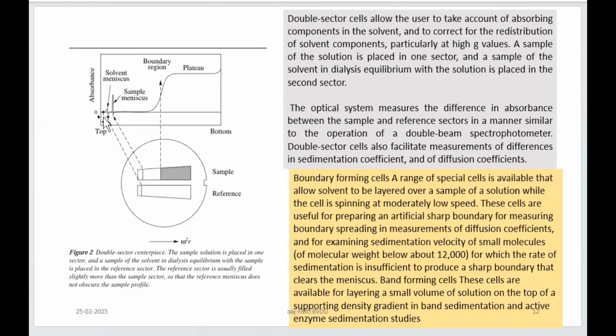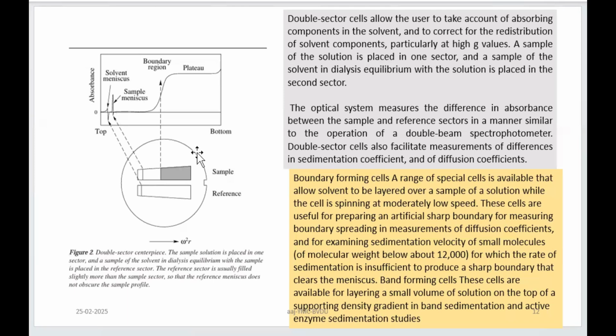So your sample is there in the solvent, right? As you see here, there are two peaks. One is the solvent peak and another is the sample peak. This is the window from which you are going to collect this data, and such graphs are going to get generated. And then at the boundary region, what you see is this kind of exponential rise first and then plateauing. So this kind of initial graphical representation you will see, and as the sample starts getting separated, you will start getting a different pattern generated.